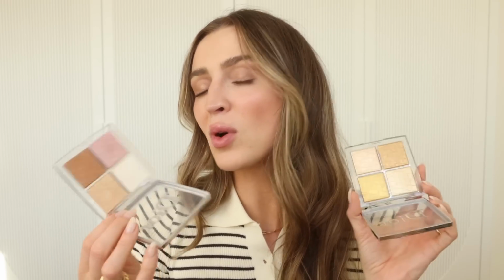And another backstage palette that I love, obviously, are their highlighting palettes. Here I have Universal and Pure Gold. These are just glowing heavens on your face. And if you love highlights and you like to switch up your colors, obviously these palettes would be fabulous for you, but definitely more for the makeup artist or someone who is playing with a lot more makeup on a daily basis. I think like right now in my life, this one would be the one I'd go for, Universal,